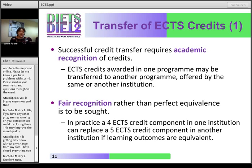Given the diversity of programmes and HEIs, it's unlikely that the credits and learning of modules in one HEI will be identical to another. That's taken for granted. So we do need to have a flexible approach that allows recognition of credits obtained in another context. So we are aiming for fair recognition between university programs. This is where the learning